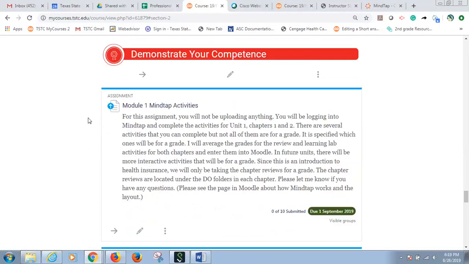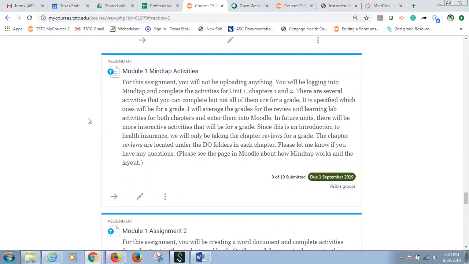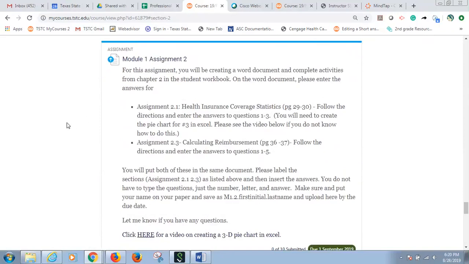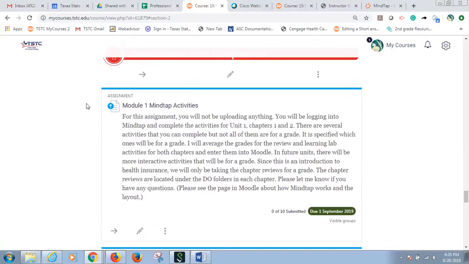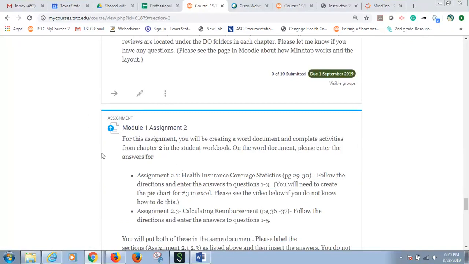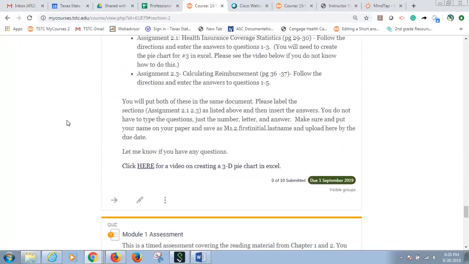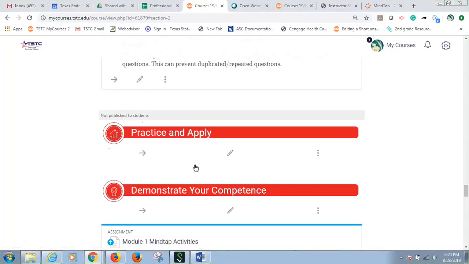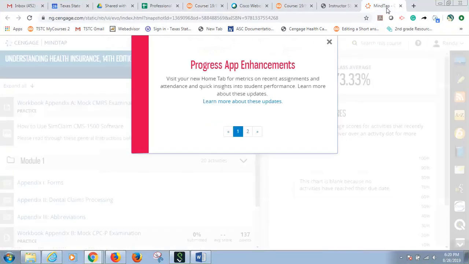And then in this module, I know I have y'all doing, I think, and I'll log into MindTap in just a second and show y'all what it looks like for my version. It's not going to look the same to y'all, but you'll at least be able to see what it looks like. And then once that's done, we'll be able to ask questions. Okay, and like I said, there's going to be a MindTap and an assignment from the workbook every single module up until I think module 6, and then assessments. Okay, so let me see if I can go to MindTap.